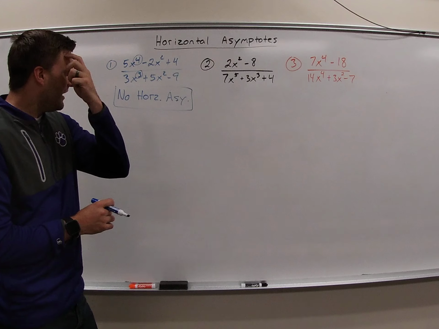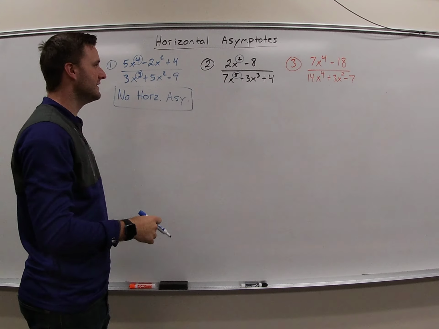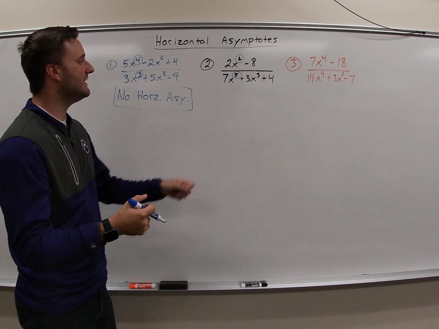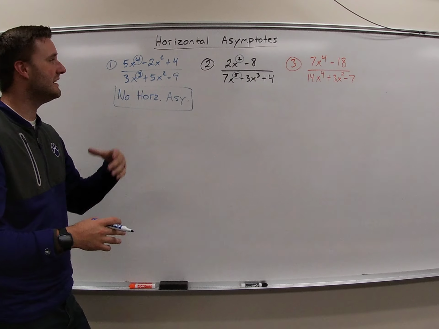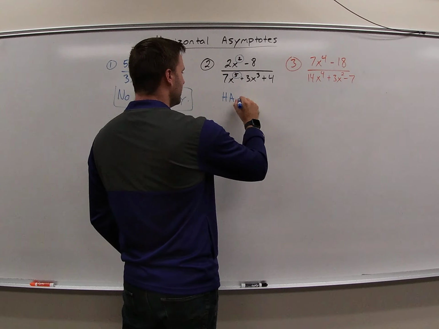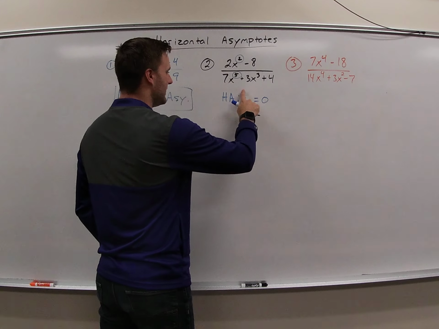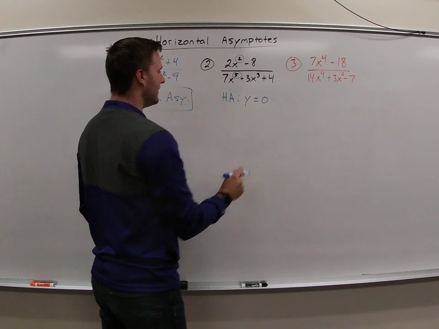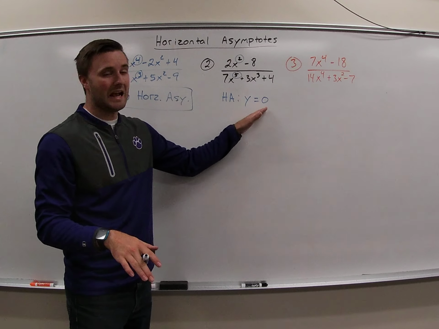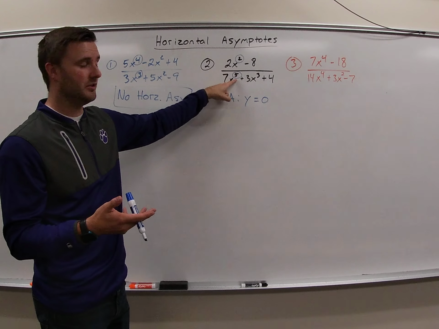Number 2, comparing the exponents. In the numerator, notice how my exponent is lower than it is in the denominator. When your exponent is higher in the denominator than in the numerator, we have a horizontal asymptote at y equals 0. Not x equals 0, y equals 0, because it's horizontal, sorry. Horizontal asymptote at y equals 0. So horizontal, it cuts through the y-axis at 0. And that'll happen every single time that your lowest degree, your lowest exponent,